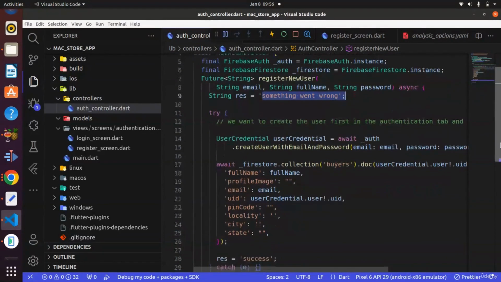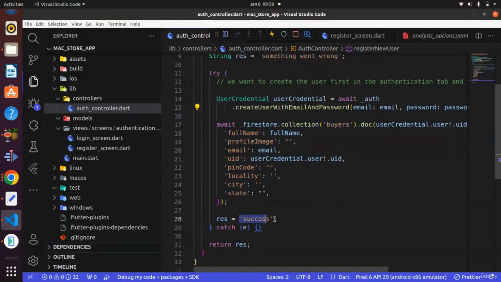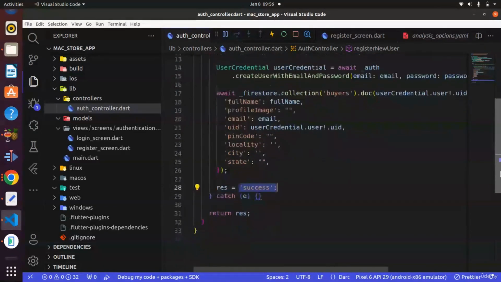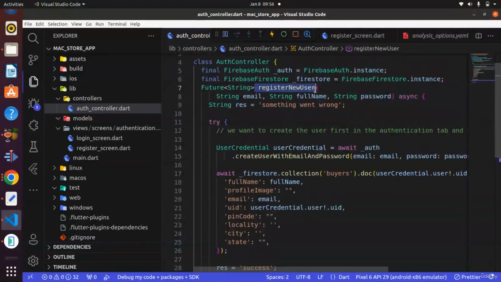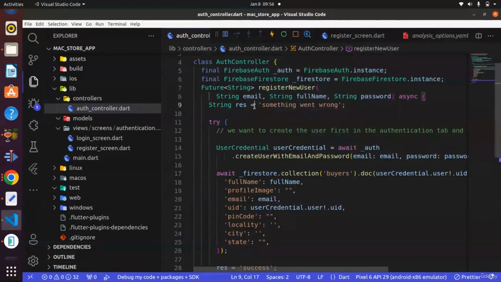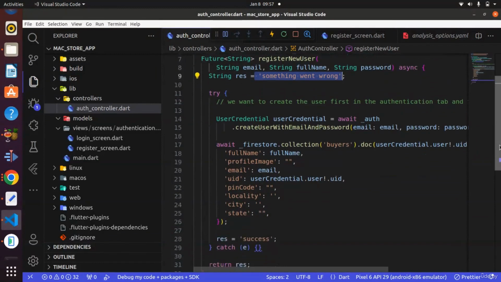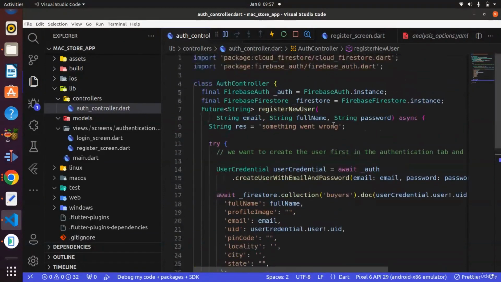However, if the account has been successfully created, then we update the res variable to equal success. And also, we are returning the res variable within the register new user function, meaning the output of this function will either be something went wrong, but if the account was successfully created, then the output will be equal success,